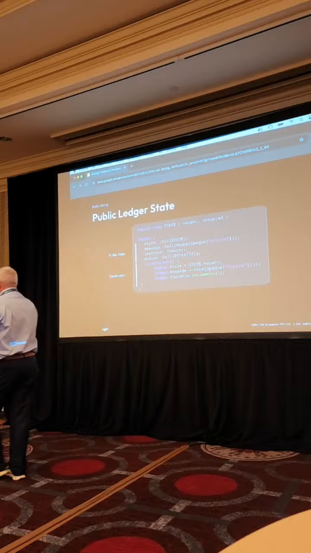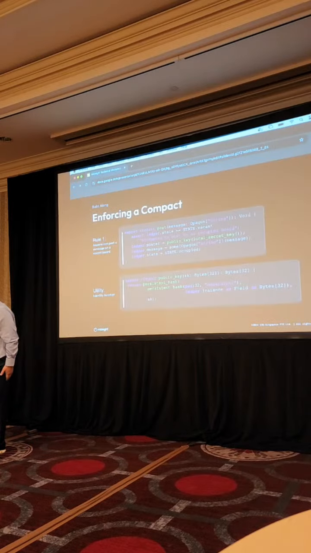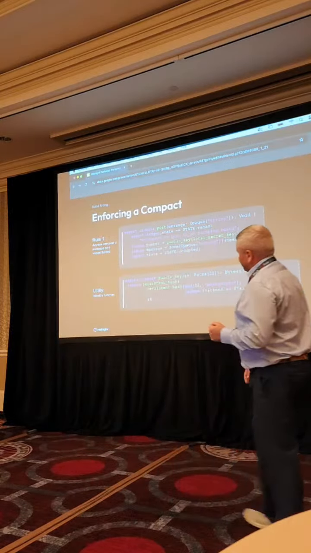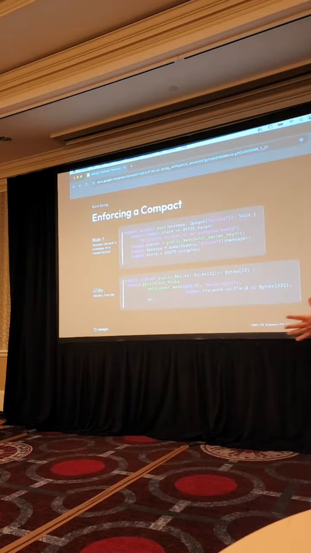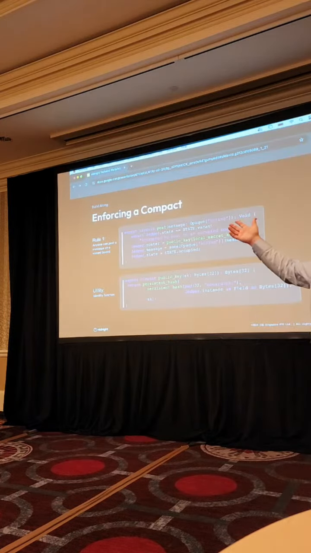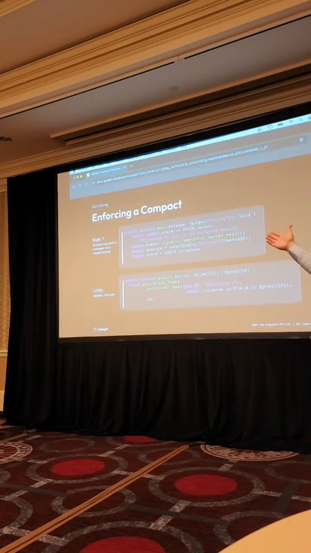All right, I'm gonna keep going. So now that we know what the ledger state looks like, let's try to enforce some rules. So we have 2 rules. Rule number 1, which is written up there, is anyone can post a message to the vacant board. So in that box is the post method. I want to talk a little bit about a few of the keywords that you see up there. I'll let you read the logic just to prove to yourself that I can only post to a vacant board.